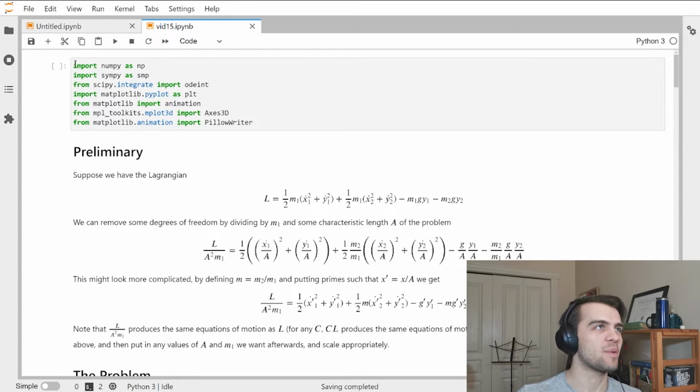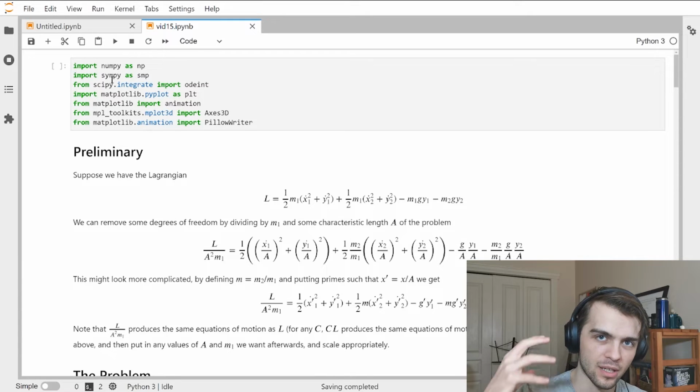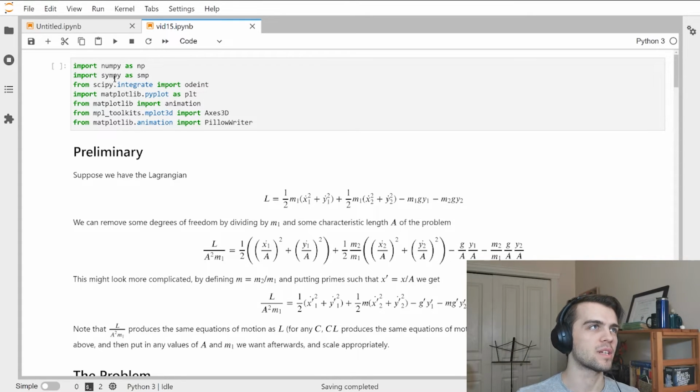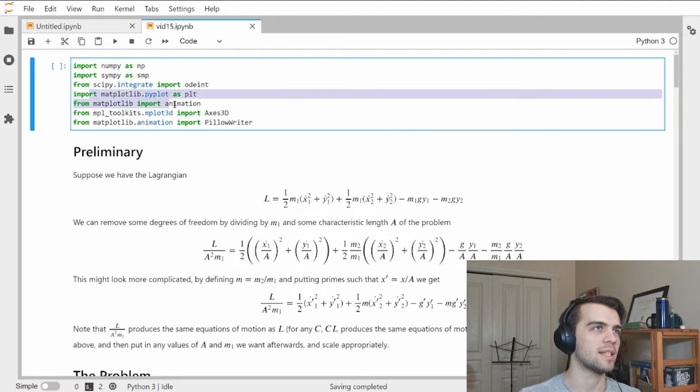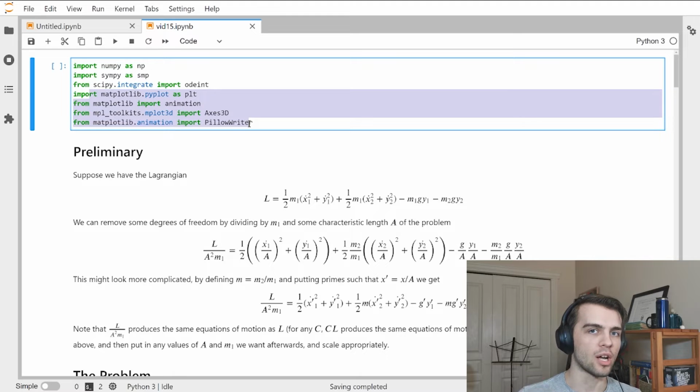So the packages today we have are, as always, NumPy and SymPy. We're doing a lot of algebraic work here, symbolic work in SymPy. We'll use SciPy for some numerical stuff, and then of course Matplotlib for making animations and plots at the end. So before I get into this problem, I want to discuss a few preliminary things which transfer over to most